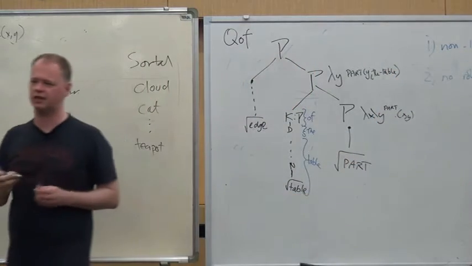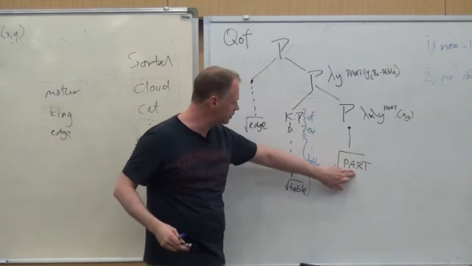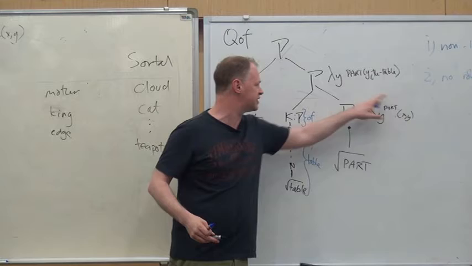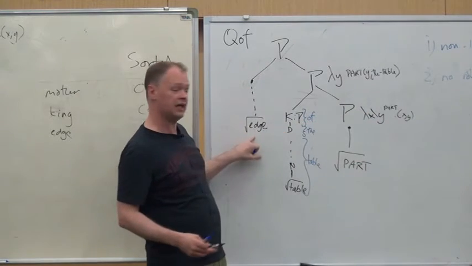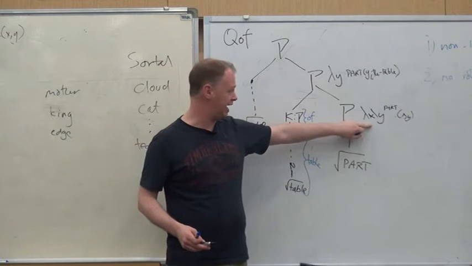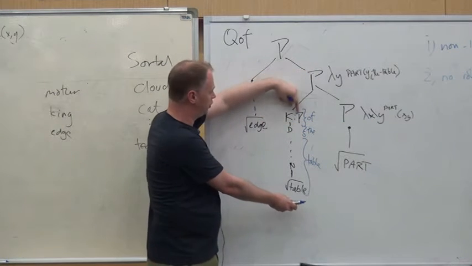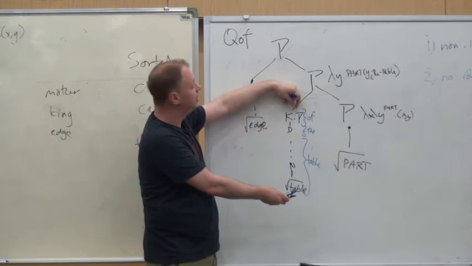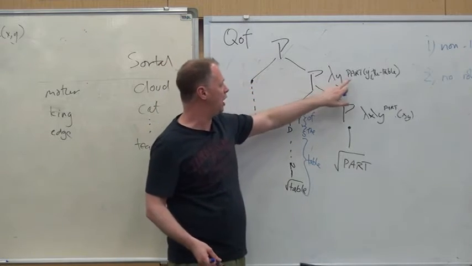Okay, so everyone see how that works? So all we've done is we've taken this, which is not relational, just says part. This sticks in the part bit here and says, now we've got a piece of syntax that's relational. Okay, nothing to do with this noun edge, just way over here in the syntax. We build up our normal noun phrase like we do. We value it with case like we have done with other things so far, and we value them with little v or whatever. And then we semantically put these two things together to get lambda y, part y of the table.